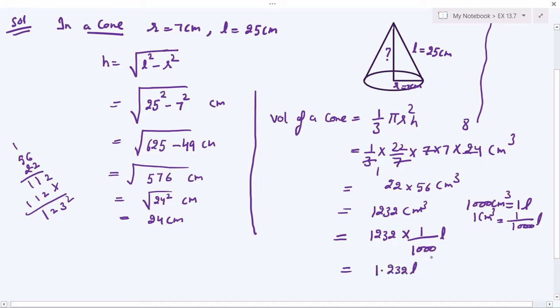As I have told you in my previous videos also, whenever we have 10, 100, 1000, meaning 10 raised to some power in the denominator, there is no need to divide the numbers. You can simply replace the number in decimal form. This is the easy way of simplifying the numbers, right? Now we have done the first question.